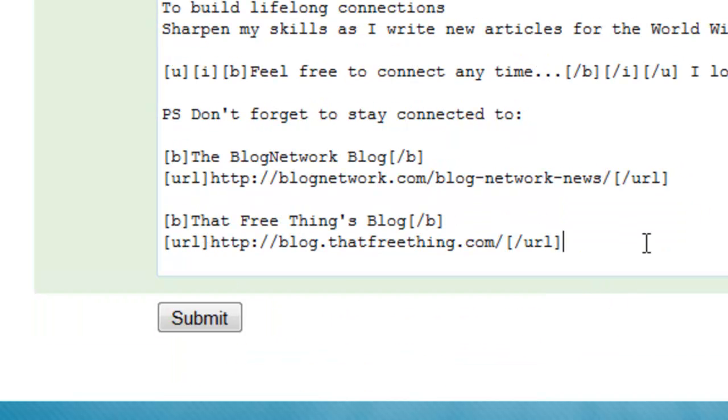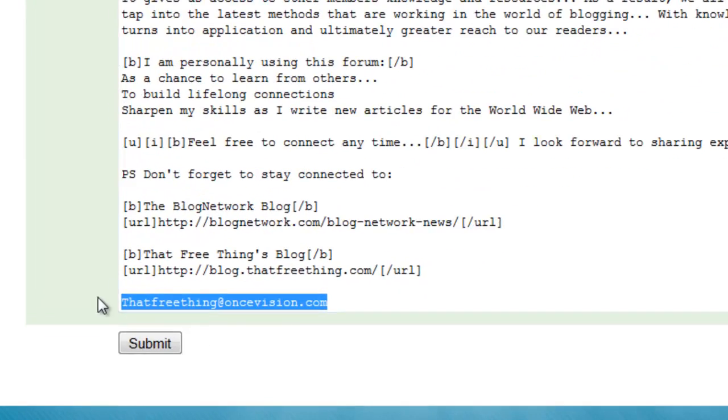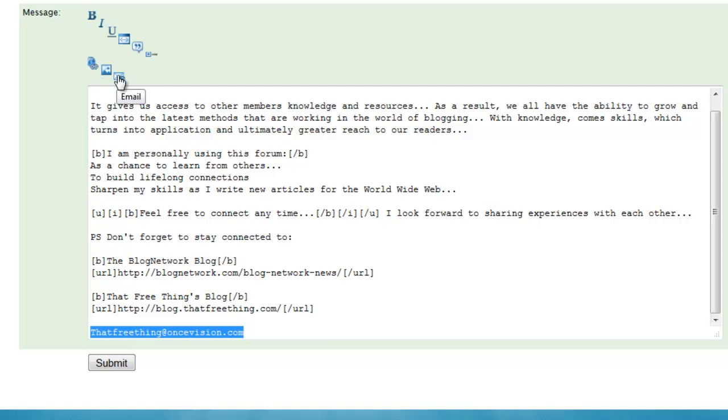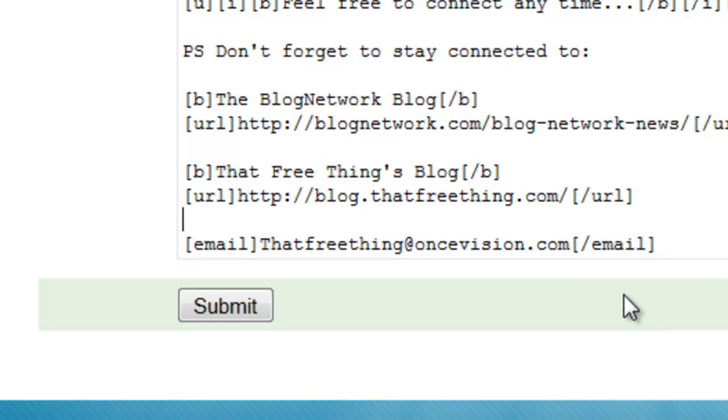And one last thing that we're going to do here is I'm going to put in my email address so that we can show you what happens there. And we're just going to highlight that text there as well, and I'm going to click the mail icon, and it says email, my email address, and then /email. So once you're done with that, you just simply click submit,